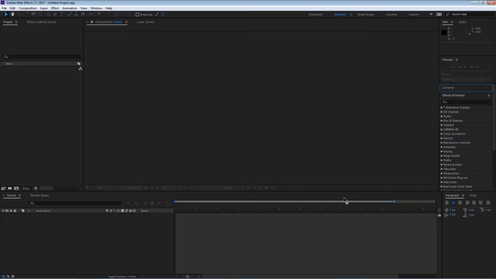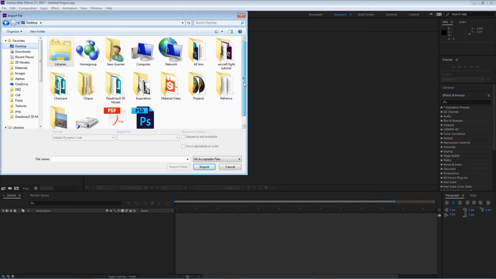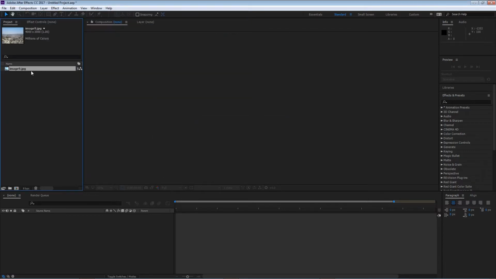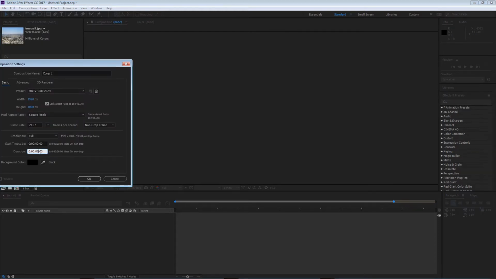Okay, so we are back in After Effects, and the first thing we are going to do is import the assets that we downloaded, which for me are on my desktop. First I'm going to import the image, which is my background. Now I'm going to go to Composition, New Composition. Let's make it